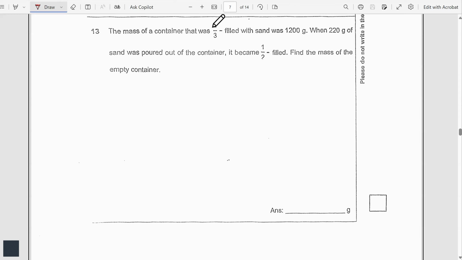If we're comparing 2/3 of the container versus half of the container, it will be easier to make the denominator the same. So I have 2/3, I have half. The common denominator will be over 6. So this will be times 2, and then the other one times 3. If you compare, the difference is actually 1/6. So 4/6 minus 3/6. Which means that this is the amount that was being poured out. So 1/6 filled